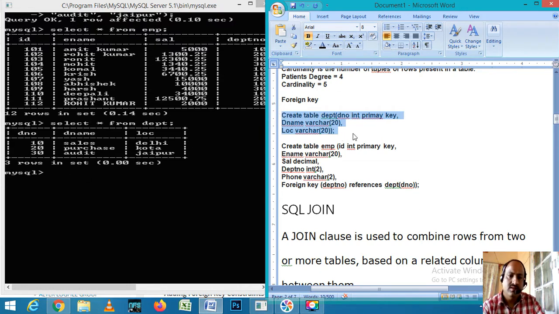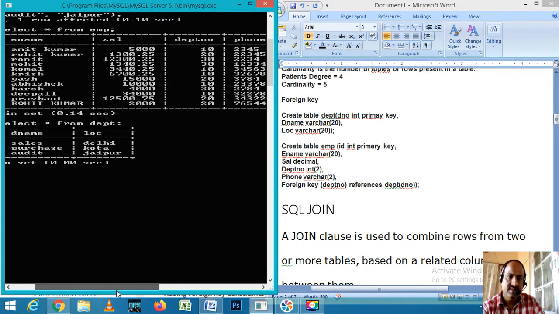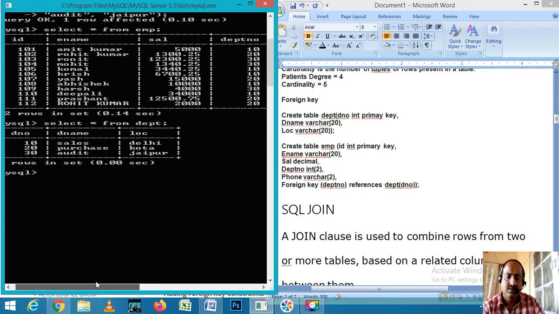Now this is our parent table. In this table we have D number as a primary key. Now we have one more table, EMP, with the following data: ID, ename, salary, department number and phone number.